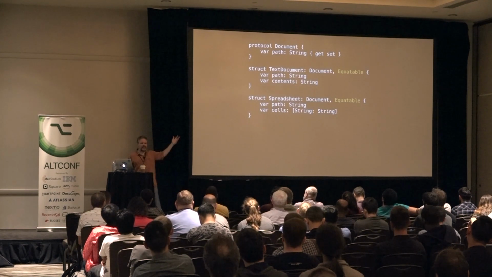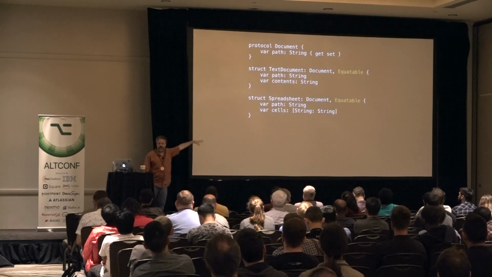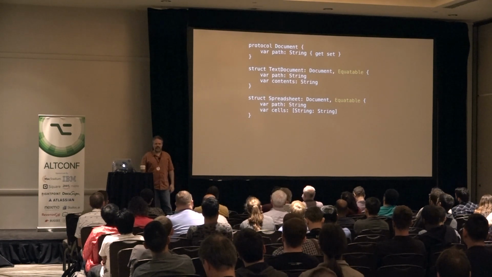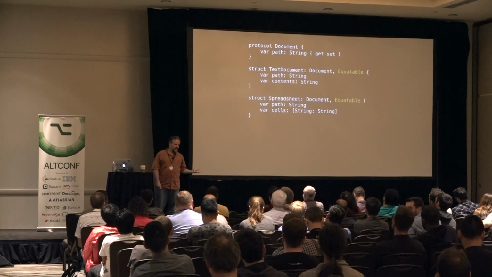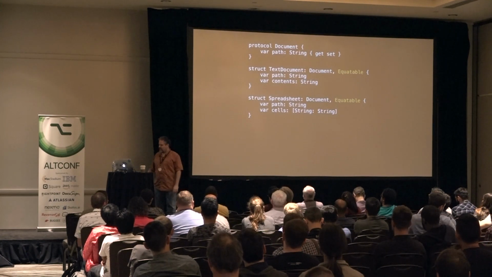The trouble is then we're going to throw them into a document, which is a simple protocol, it's not a PAT. We can create an array of these, because we probably do want an array of documents, and that's great. But all of a sudden, we can't do Equatable things. We can't write contains, right? Because Document is not Equatable. So,